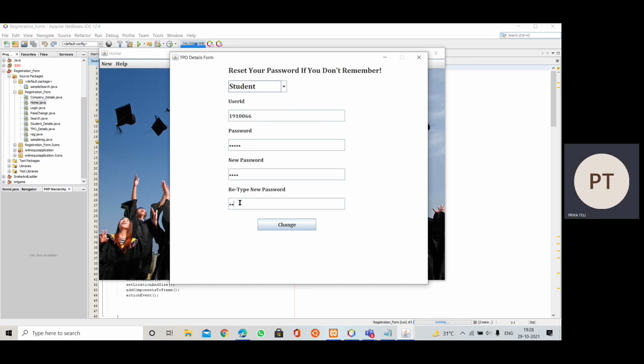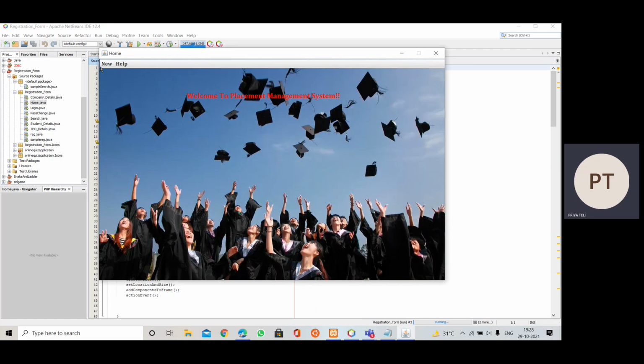And then the new password is inserted in these fields, and then we will click on the change button. So it will first pop up that user already exists, and then it will update the password, and the message password updated successfully will be displayed. So in this way it happens, and then we can go for exit.